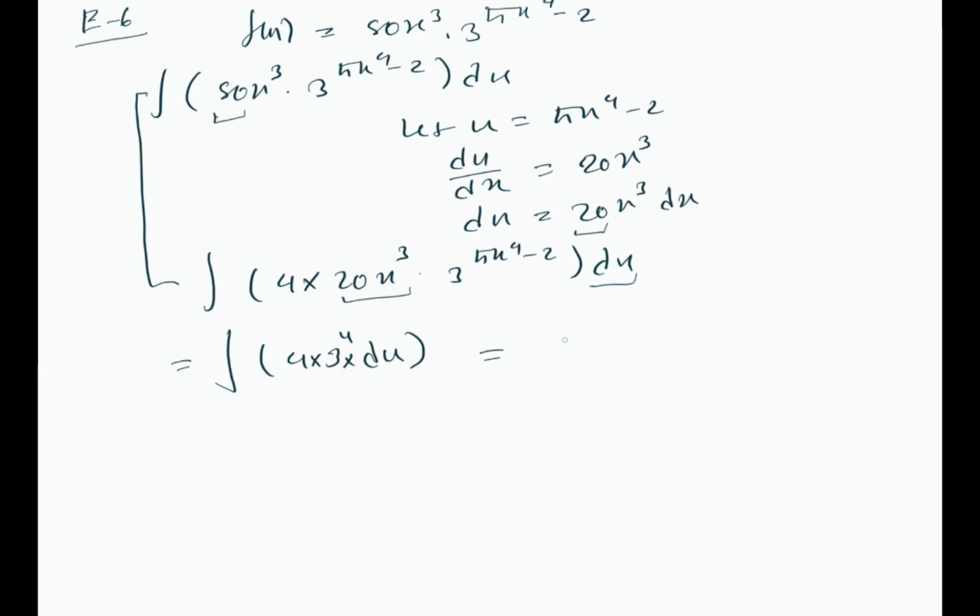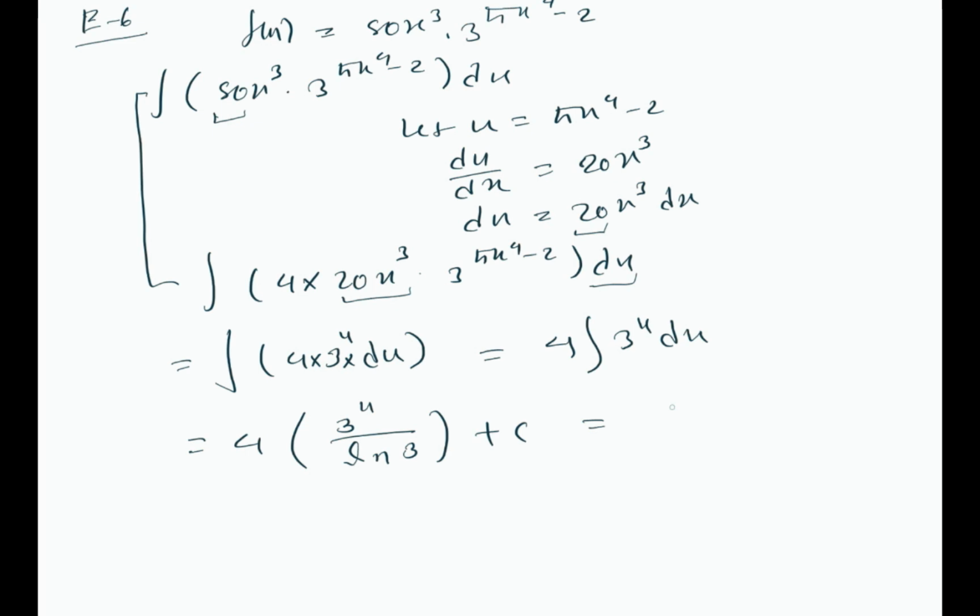Okay, so we can factor out this constant multiple 4, integral of 3 to the power u du. Okay, so we can write again 4 into, according to the formula, if you check the formula, this should be 3 to the power u over ln a. So here a is 3, okay, then plus c,